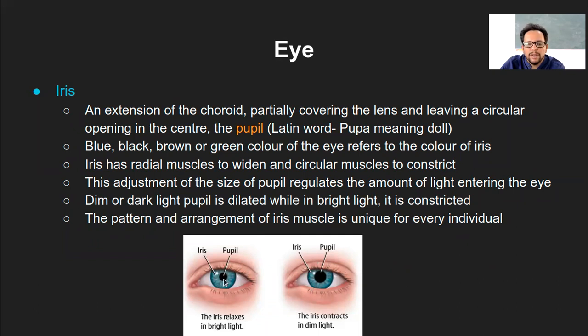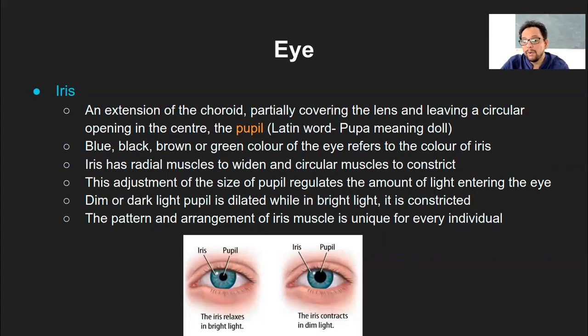So what they do is they put that beam of light through the pupil and then they observe the structures inside. For that they usually use an eye drop called atropine, which is one of the compounds, I mean medicine, and that will dilate the pupil. So it becomes easier to observe the structures inside. So that is how the ophthalmologist usually checks it.